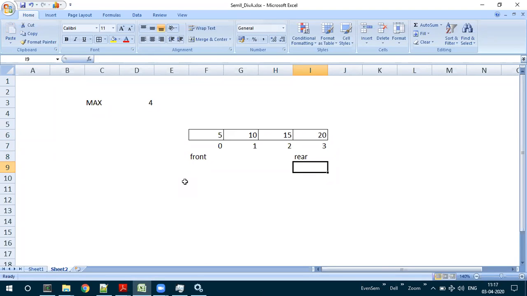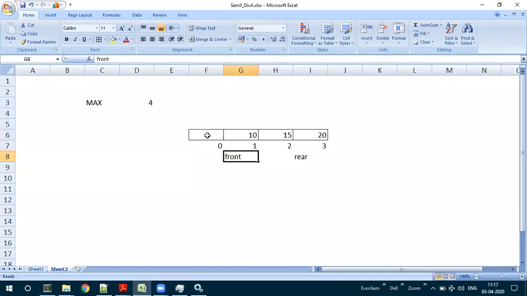Okay. Now just watch the process of deletion, how it happens. We know that deletion happens from which particular end? Front end. So if I want to delete an element, what has to be done? I have to delete the 5 and front has to be incremented to the next position, 10.